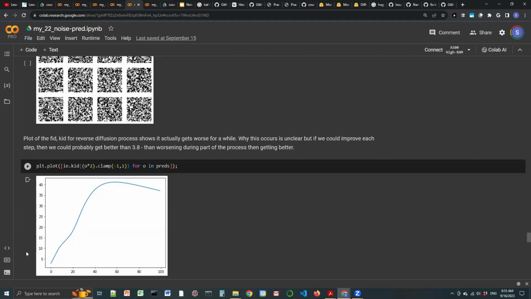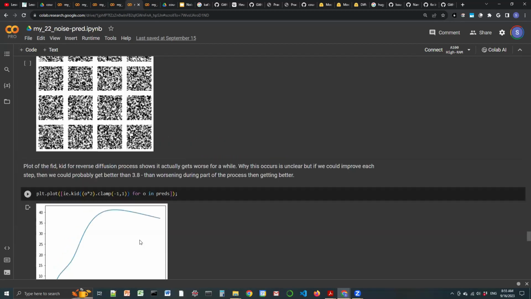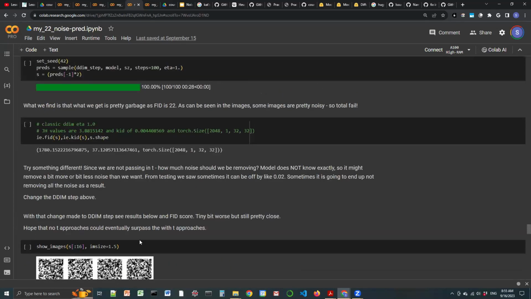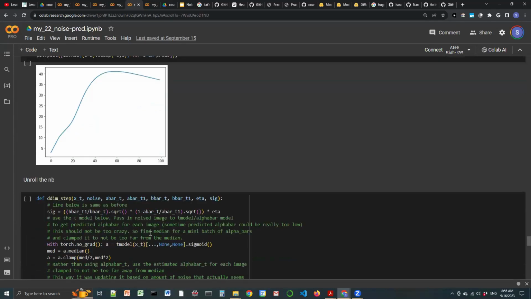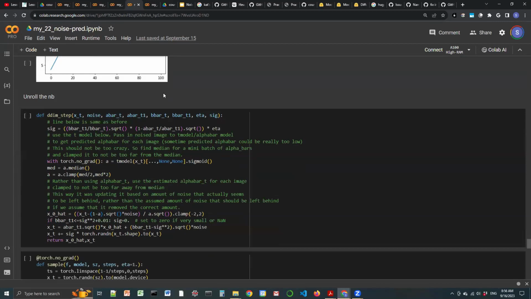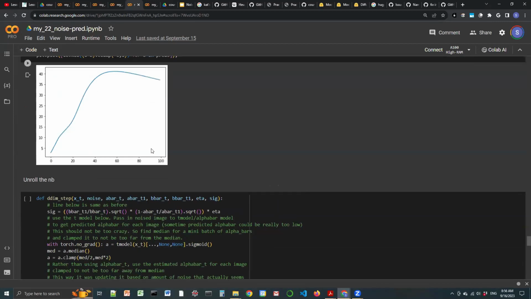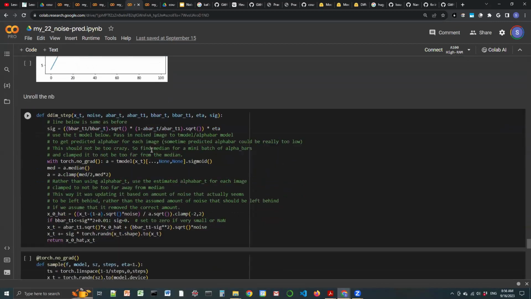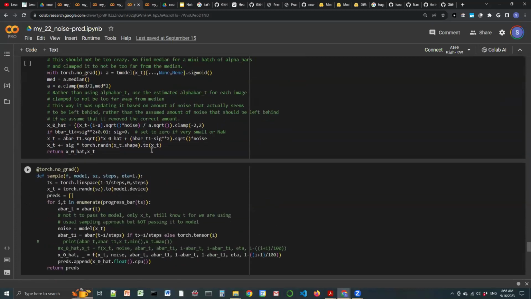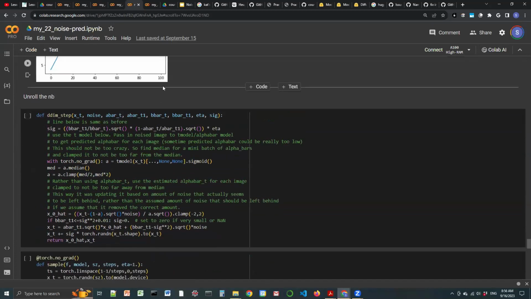Here the KID is increasing as we denoise the image. So something fundamentally seems broken in this notebook. And then he evaluates the FID under a variety of conditions, and he does that by repeatedly executing cells back and forth. I hate that because then I can't correlate where the results are produced and what is the outcome